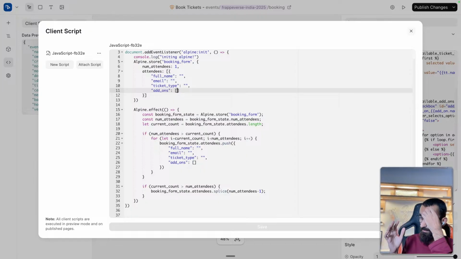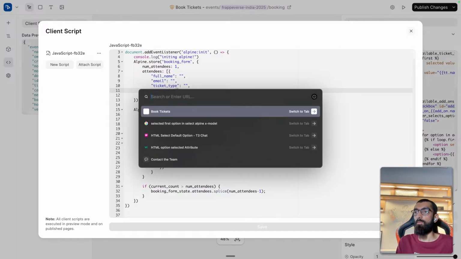This is tricky because there won't be just one thing, right? So here is what is happening. If we go back,